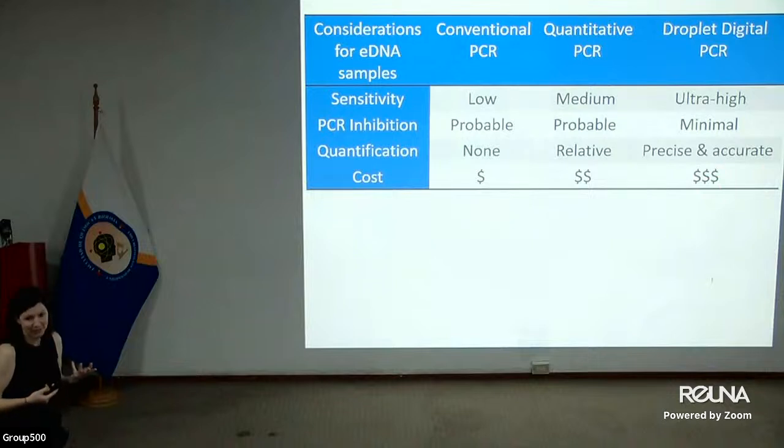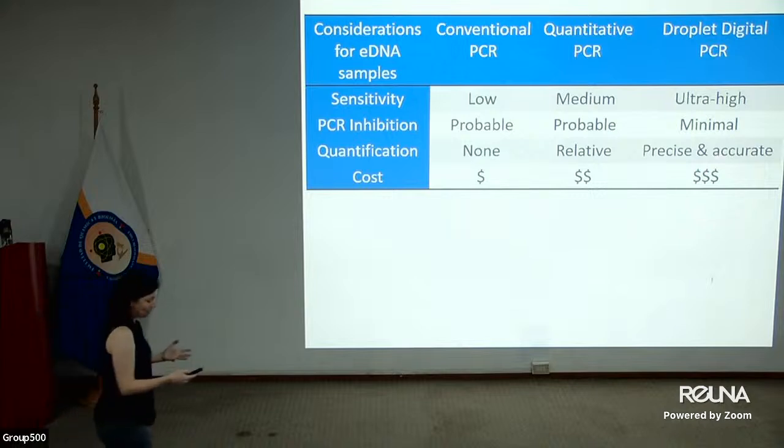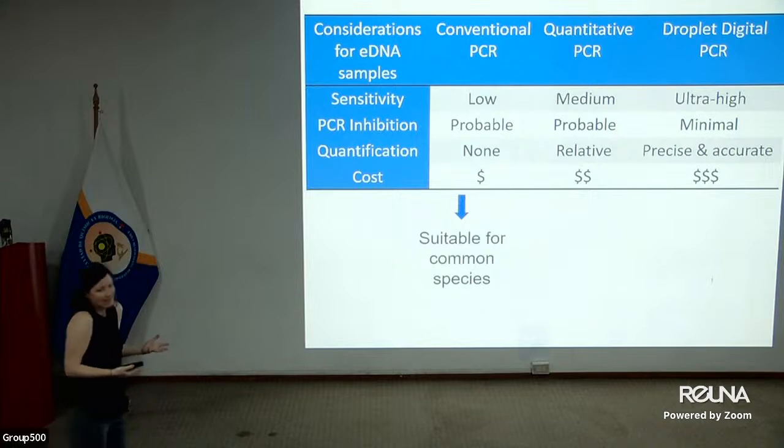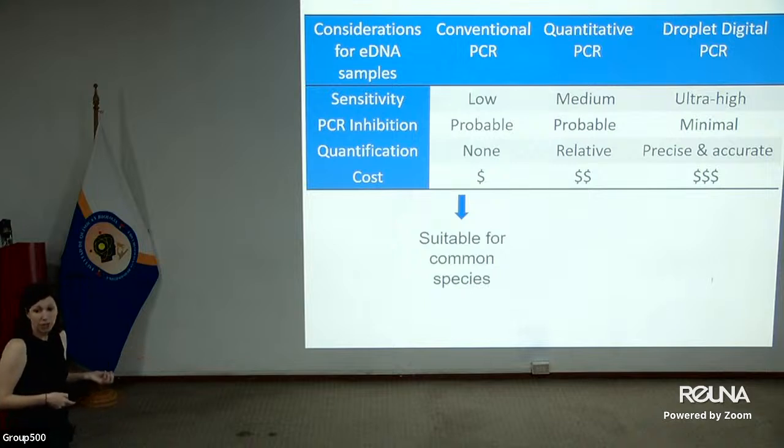quantification comes at a cost. It's the most expensive of the three options. And that dictates what you're going to use. We all know that. We're all budget limited. Conventional PCR, you could do it in a way that I think is okay, but I don't think it's suitable for rare targets at all. I think it's suitable for very common things, which do you really need eDNA in the first place